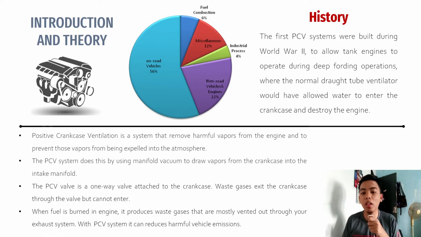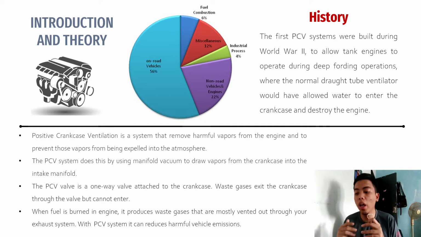I will explain about the introduction and the theory about PCV. Okay, for the history, the first PCV systems were built during World War II to allow tank engines to operate during deep fording operation, where the normal draft tube ventilator would have allowed water to enter the crankcase and destroy